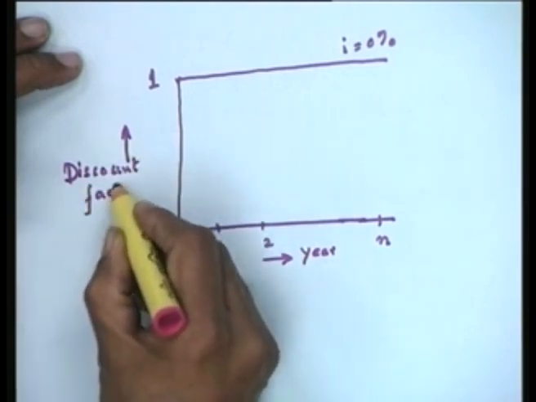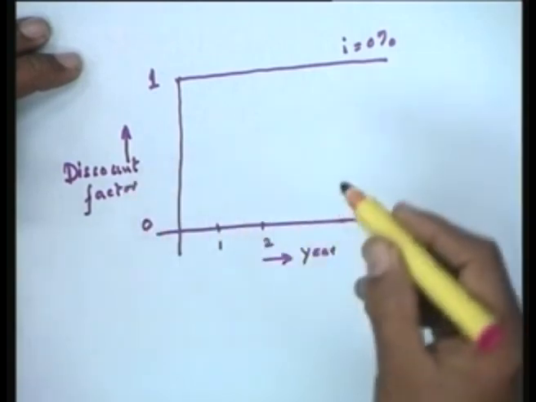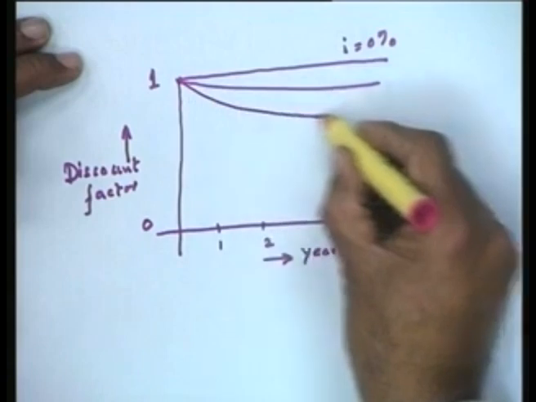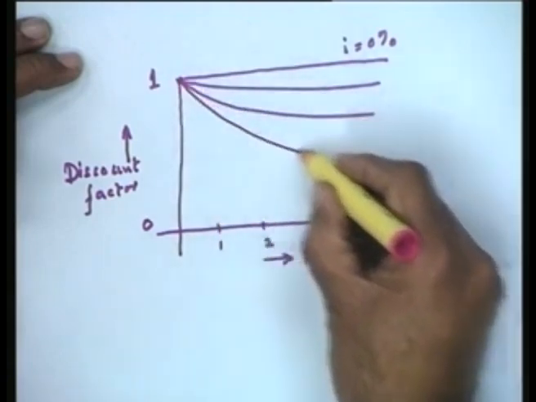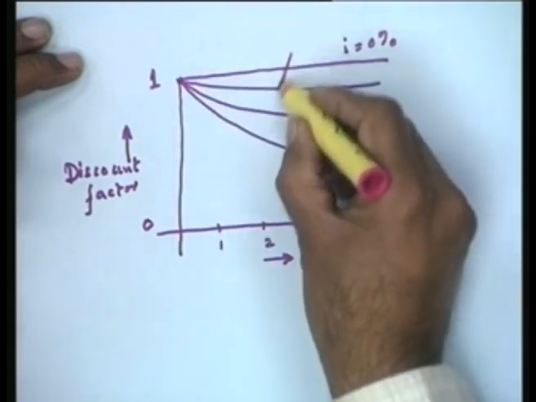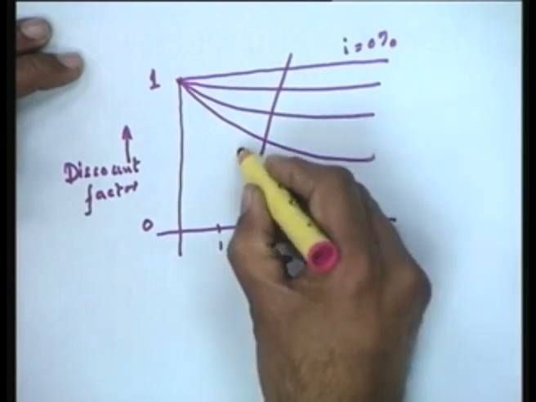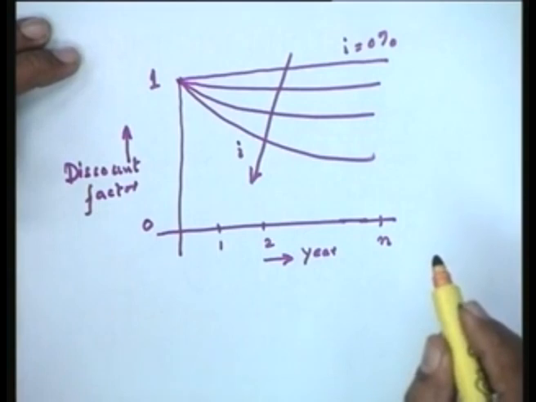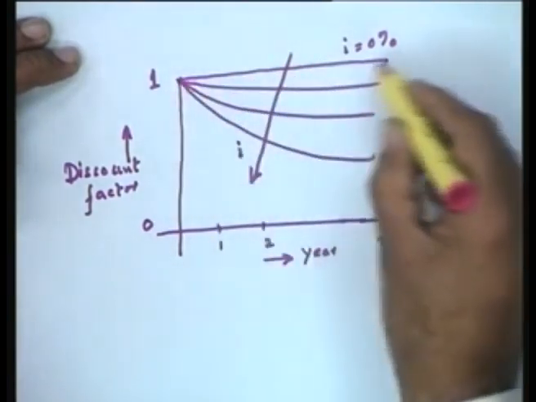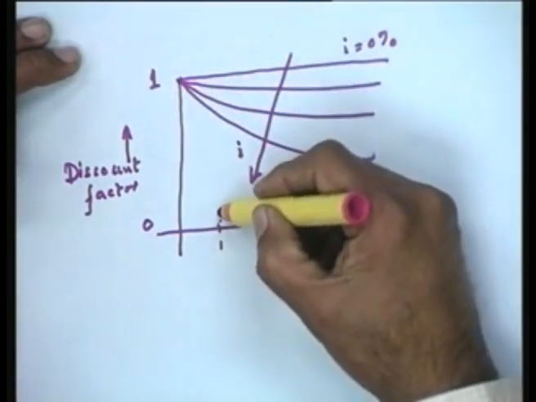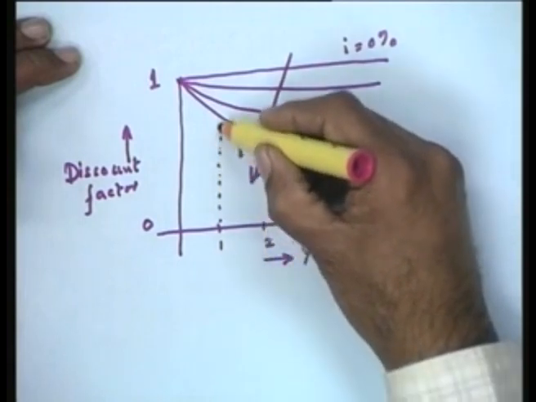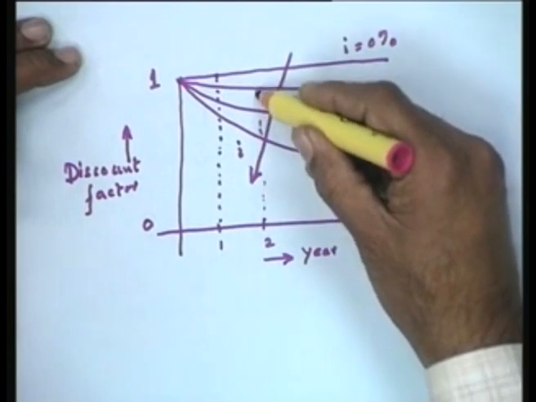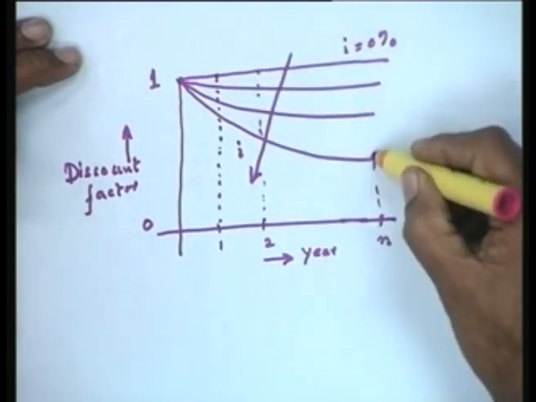So intuitively, what would happen is, as you are successively increasing the values of I in this direction, the discount factors for different years would be different typically. If you're doing the undiscounted case, the discount factor is 1, no matter whether you are talking about the first year, the second year or the nth year,